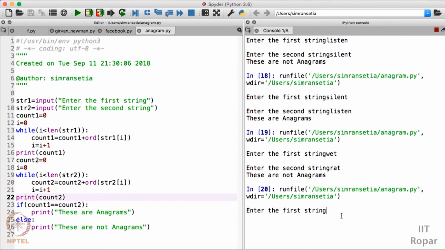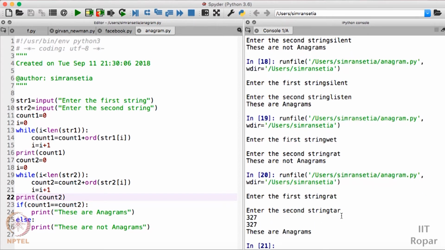Let us take the strings which are anagrams. So I'll write rat, then I'll write tar. So see, these both, count 1 is 327, count 2 is also 327. Since both are anagrams, this should be same, and our program is giving us the output. These are anagrams. Since we already know that these are anagrams, it is giving us the right output.